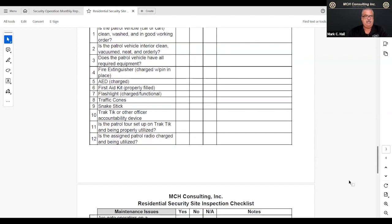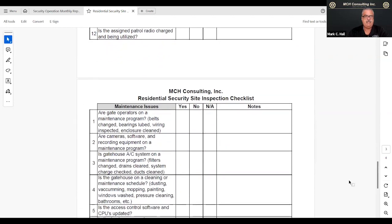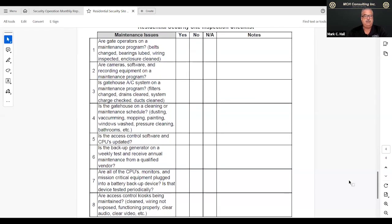Let's see. I talk about Track Tick here. Track Tick is just an example of officer accountability reporting, guard tour software. Is it being set up properly? Is it being used properly? Things of that nature. And then we go into maintenance issues. You know, are your gate operators being inspected? Do you have a maintenance program, or is the company, we required our staff to inspect them on a regular basis